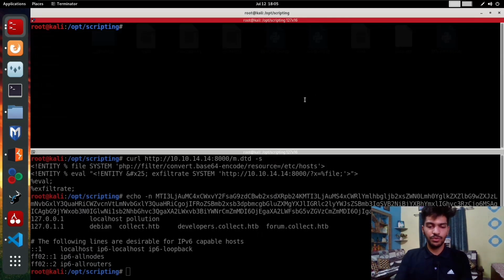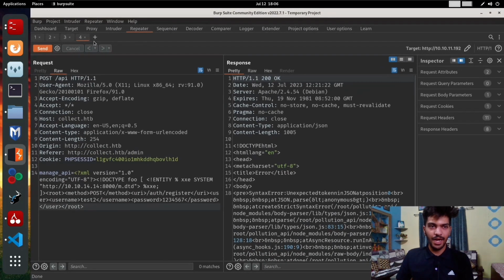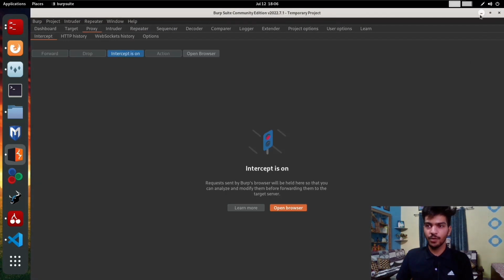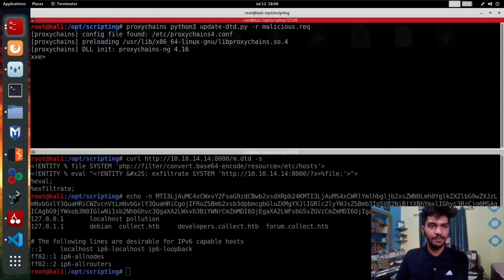So this was the usual command we used to execute. Now I'm going to append proxychains in front of this. What this will do is forward all the traffic from our script to Burp Suite, and Burp Suite will be listening for any incoming requests right here. If I hit enter and try to do /etc,